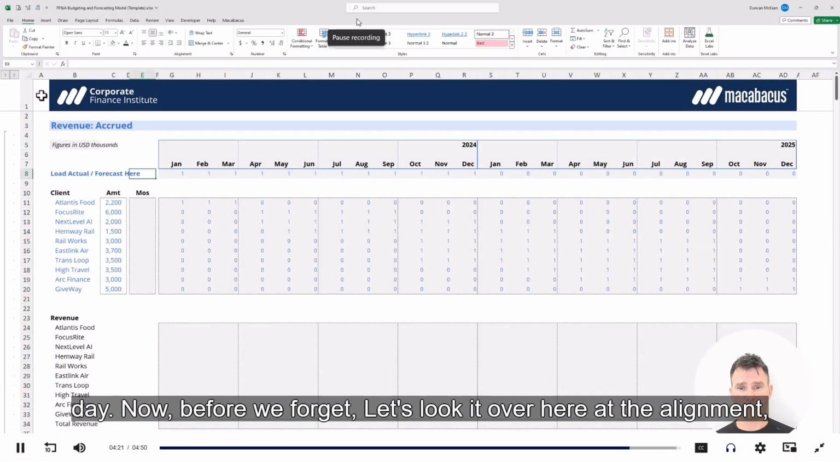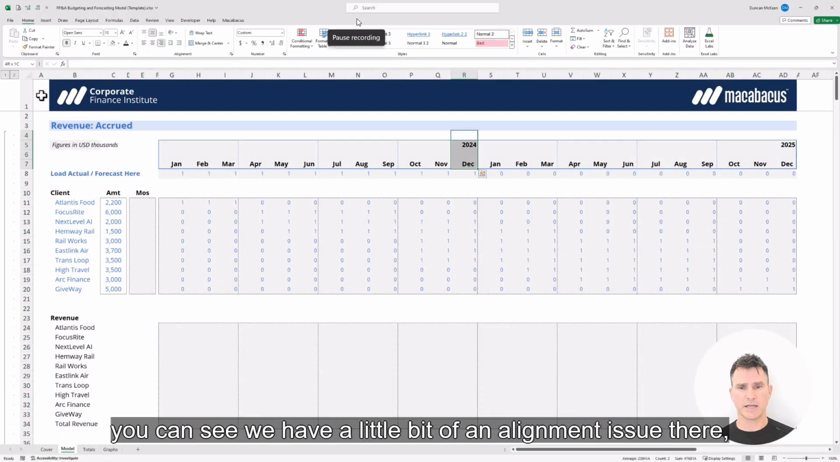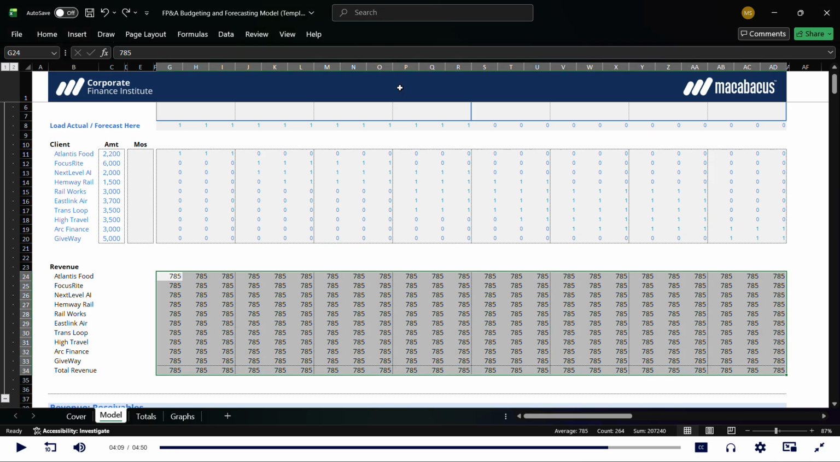Now, before we forget, let's look over here at the alignment. You can see we have a little bit of an alignment issue there. What we need to do is put